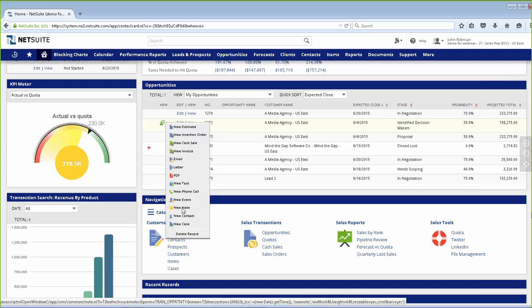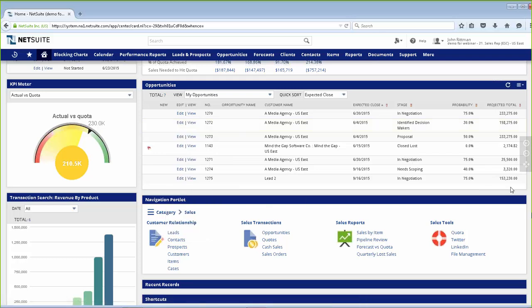I can also indicate if maybe there's some activities that I'm working on that I need to track, such as phone calls or meetings that I'm booking. I can track that right from my dashboard. So really quickly and easily to help a salesperson get through their day. I've also got the ability to quickly jump into any frequently used transactions or entities that I might want to start creating and get them into the NetSuite system.